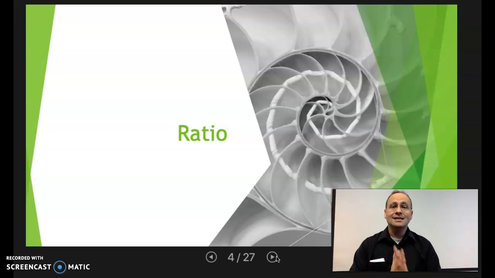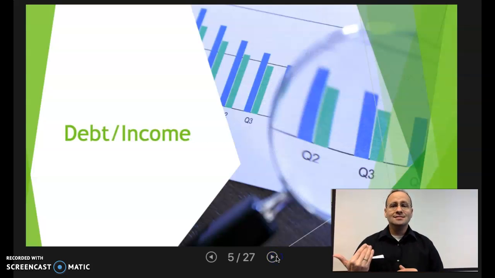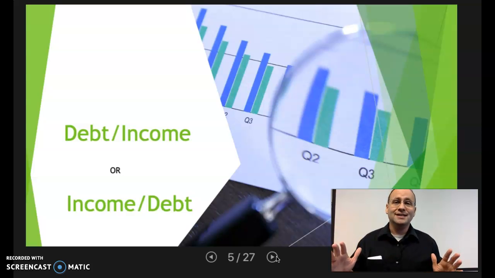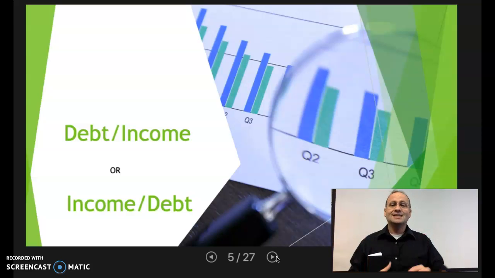It's a children's book, yes, and that's when we learn this, that a ratio is a cutting of something, or in other words, a dividing. When we look at the debt to income ratio, the thought comes, well, is it debt divided by income, or is it income divided by debt? I hope by the end of this, as I continue to walk through the equation with you, you will have a really solid understanding about this and never be confused ever again about how to calculate the DTI, also known as the debt to income ratio.